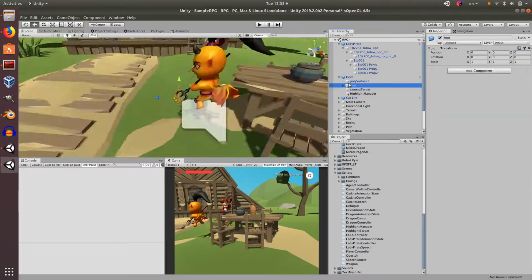What is a dialogue system anyways? If you have heard the term dialogue system but have no idea what it means, or if you're curious how speech is handled in your typical RPG game, this is the video for you. Hopefully, after watching this video, you will have a better understanding of dialogue systems and their features.